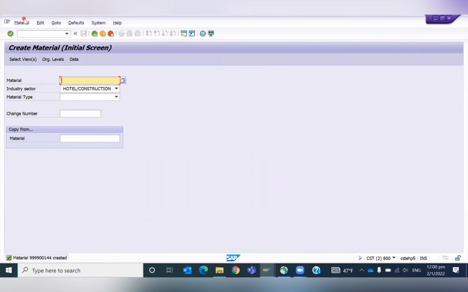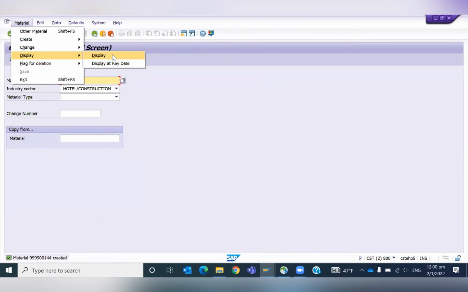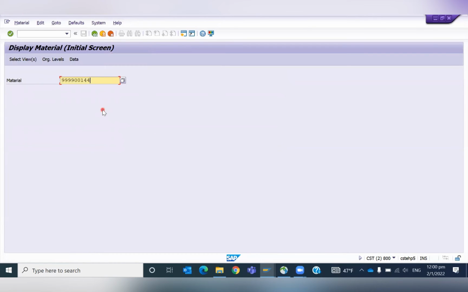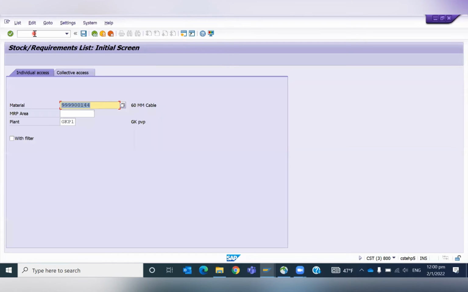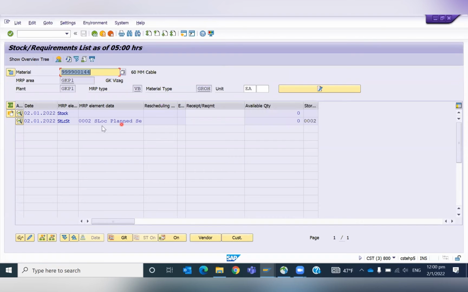Now, if you see this material, okay, first of all, we will check the MD04. Okay, MD04, it's a fresh material. System is showing the 2 lines because we are maintaining the storage location level MRP also. Okay, plant level 0 stock, storage location level 0 stock. This is what happened. Now what we are going to do, and we'll display the material